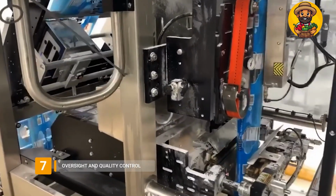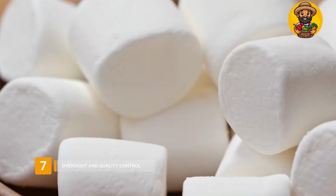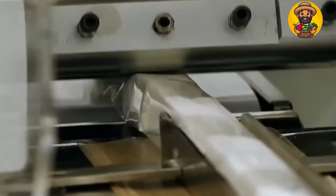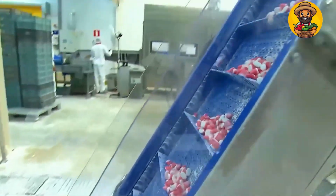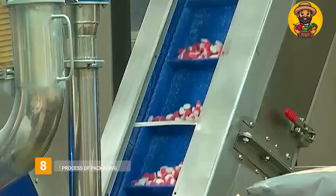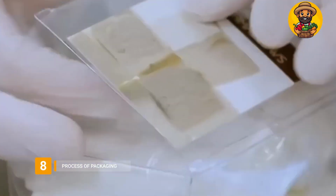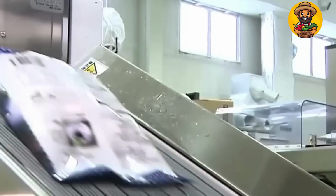The production of millions of marshmallows makes automated inspection a must for ensuring product quality. Every marshmallow is inspected for uniformity in size, shape, and texture using high-speed cameras and inspection systems powered by artificial intelligence. Only the finest marshmallows make it to packaging because these technologies are so sophisticated that they can detect the